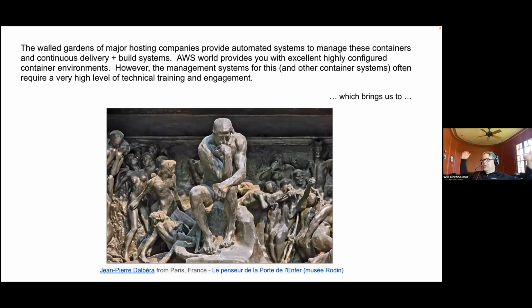So the walled gardens of major hosting companies provide automated systems to manage these containers and continuous delivery and build systems. AWS, which is not to be confused with those just mentioned, provides you with excellent, highly configurable container environments. However, the management systems for this and other container systems often require a very high level of technical training and engagement, which brings us to